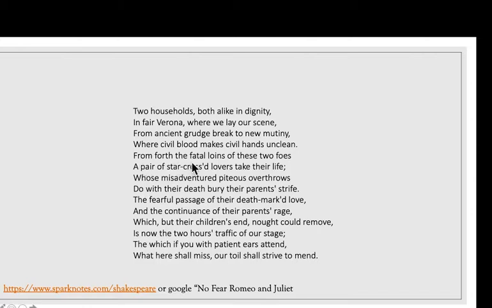A pair of star-crossed lovers take their lives. So think about the concept of star-crossed. Okay, now the stars crossing is obviously impossible, and in Shakespeare's time they would have treated it like meteorites. So if a meteor goes past, then probably treat that as a star. So if they're crossing, they're showing the unlikelihood of them crossing paths. So a pair of star-crossed lovers take their lives. So we're getting a sense of the suicide there, whose